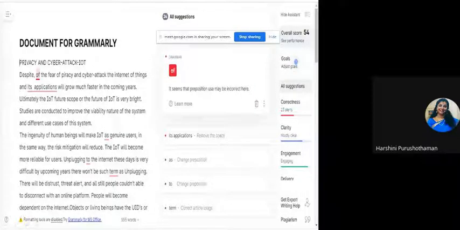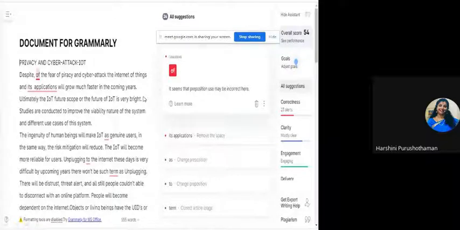It's all correct. Remove the space and put it in a proper way. Then here you have to change the preposition. Then to change the preposition, correct article usage. So these are the things that it points out, and if you feel it is right, you can accept it and correct it accordingly. So this is how Grammarly works.